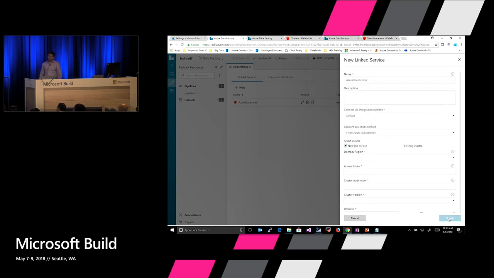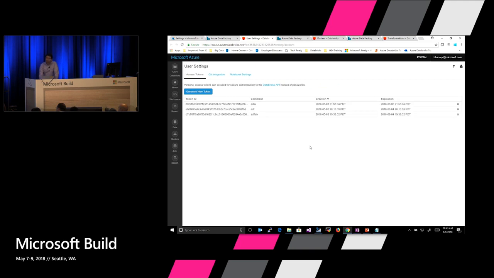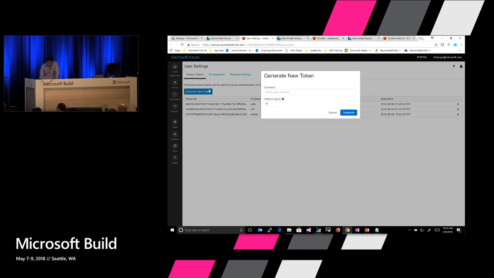As part of the linked service, I just give it a name and then select the region where I'm going to connect to the Databricks cluster. And I have to generate an access token. As part of authentication with Azure Databricks, it has to authenticate. So here I'll select my workspace. Now I'm logged in to my Azure Databricks, and again, if you notice, it's a single sign-on experience. So here I say generate token,